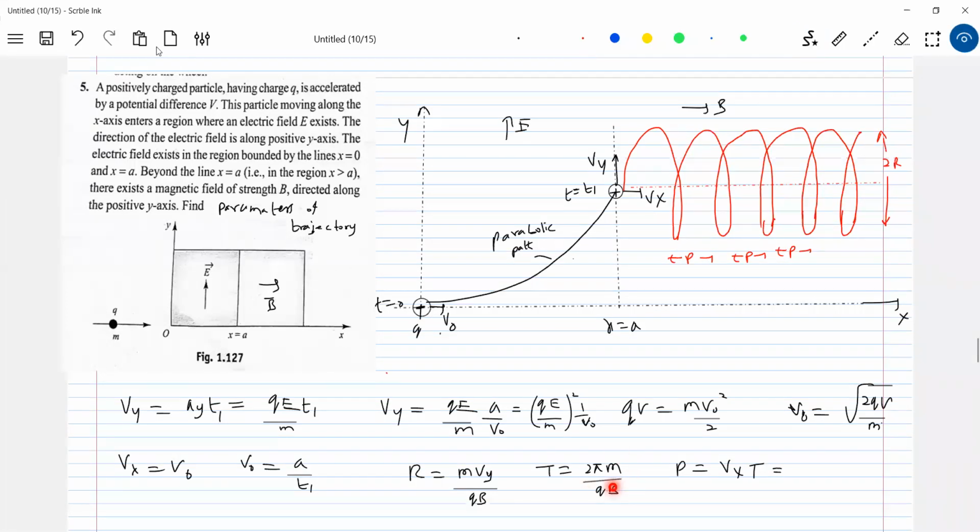Check it. If I increase the potential difference, definitely what happens? V naught will increase here. Then the time period of revolution will not change. Radius of the revolution, or sorry, radius of the helical path. The radius depends upon the V naught, no? You can see that Vy, here V naught has come. So the radius of the helical path is going to change here. So as they increase the potential difference, what will happen to pitch, what will happen to the time period,